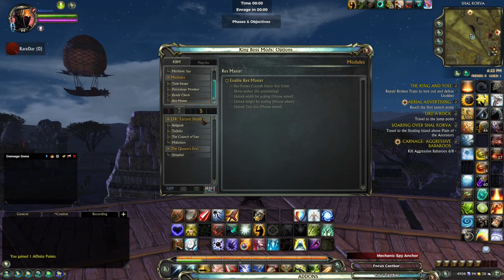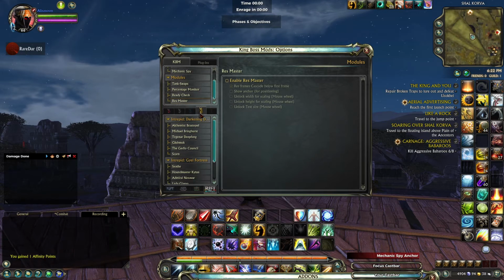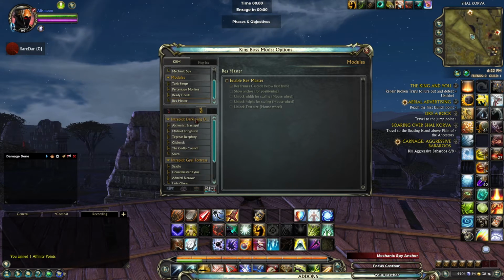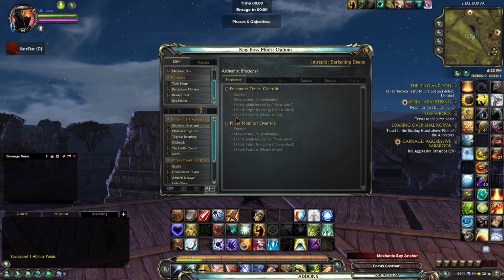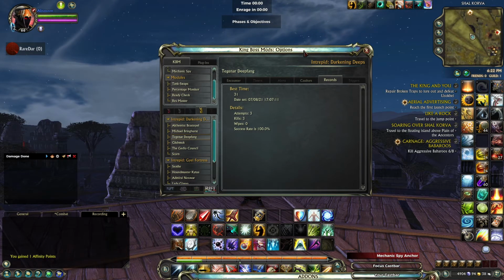This is the Tartaric's Depths in easy mode. These are the 4 bosses. This is Queen's Foci. This is the boss in there. And then these 3 are 3 dungeons, right? I think Enclave of Uncut is a dungeon. And then, like, there's configuration for each of these bosses in each of these like, I don't even know what this stuff does. I used it primarily